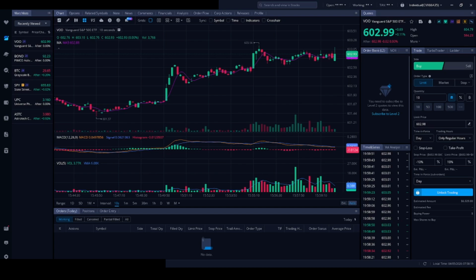Welcome to our tutorial on how to buy an ETF on Webull. In this video, we will guide you through the entire process step by step, ensuring you have all the information you need to make an informed purchase. Whether you are a beginner or looking to enhance your investment strategy, this guide will help you navigate through the